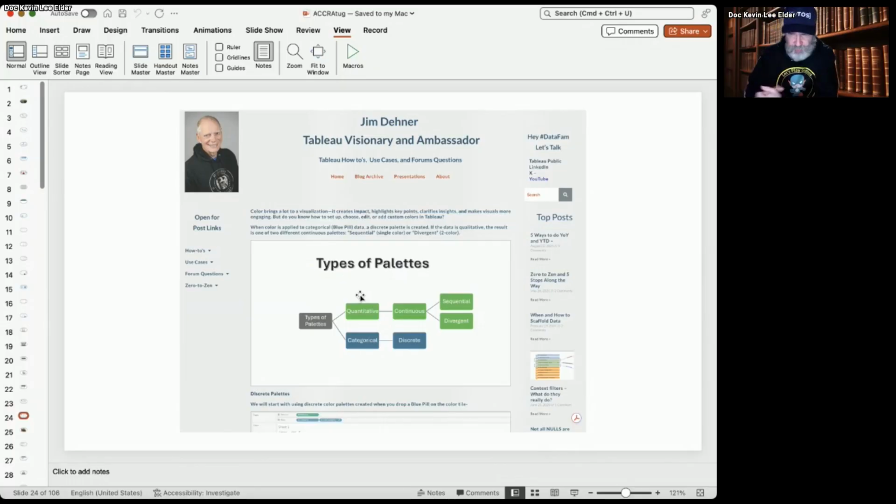But if you come to Jim's blog site in a month or so, hopefully there'll be a new guest blog from me, and I will go through and add on to Jim's and say, Jim's is great. These are great ways to deal with colors. But now, if you really want to make sure the colorblind can do it, here are some add-on tips on how to take your color work even further.